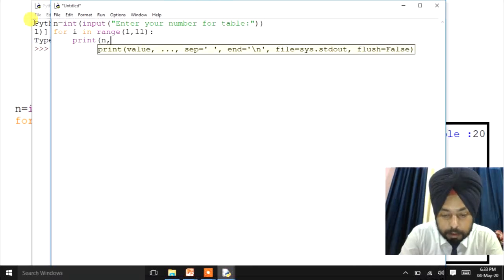n comma, then the cross sign, then separator i, then colon, then n multiply by i.